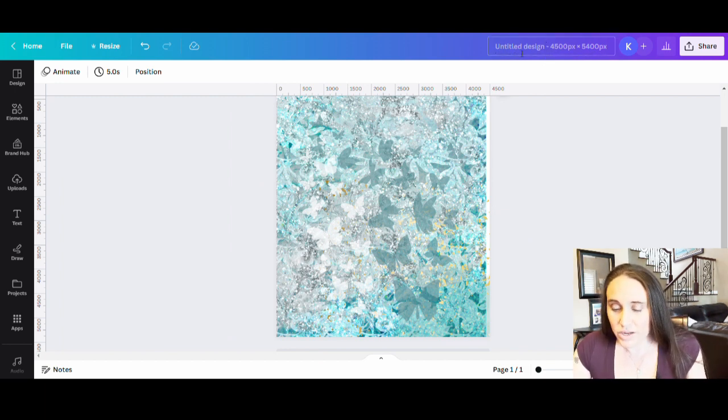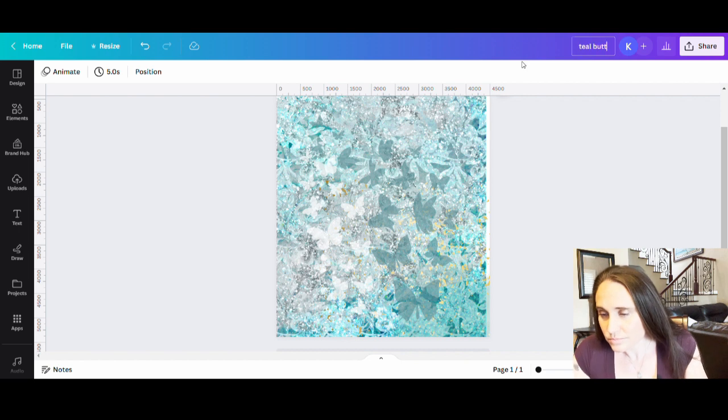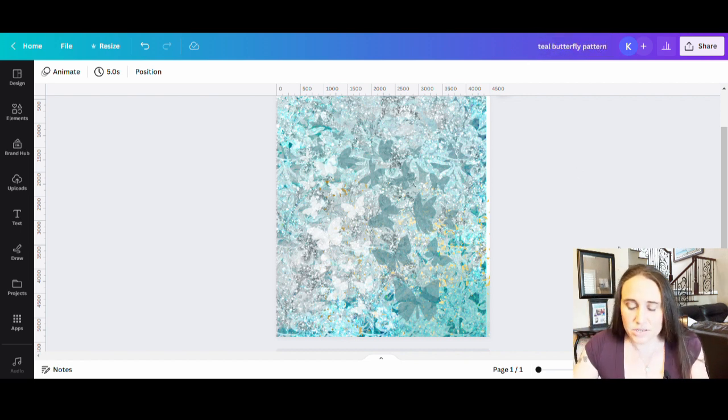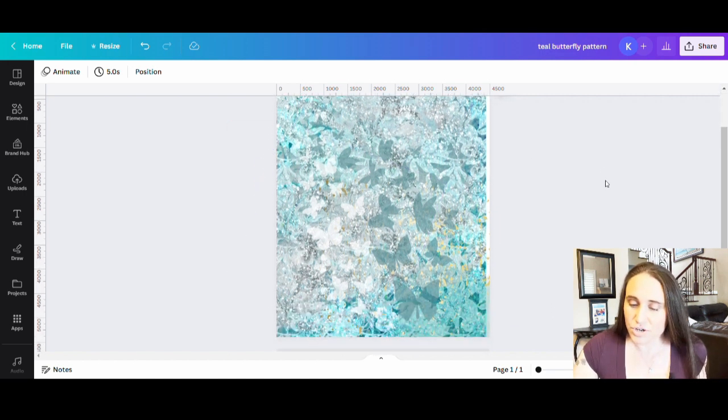So now what I'm gonna go ahead and do is I'm just gonna put teal butterfly pattern. So this is not a repeating pattern. So this is going to be different than if I was to do an all over print with like the seamless patterns. Seamless patterns would be, I've got a square and I just pattern it. So I put block after block after block, and it just keeps repeating the same pattern, and it's seamless. That's one thing. This is not really a pattern, it's a print,